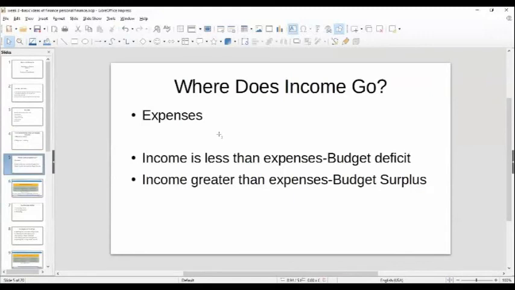And what about expenses for travel, expenses for our health, expenses for our vitamins, and expenses for our education, for personal growth. So when income is less than the expenses, you will have a budget deficit. And when income is greater than your expenses, that is a budget surplus. And this is what we want.